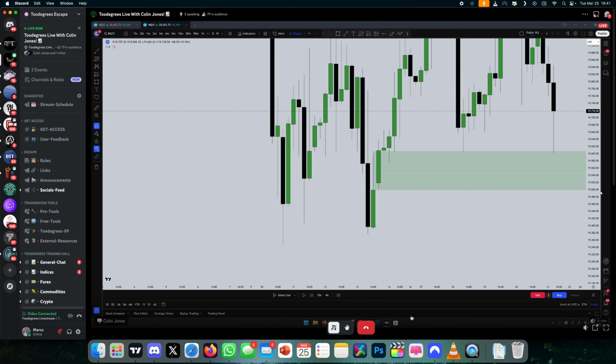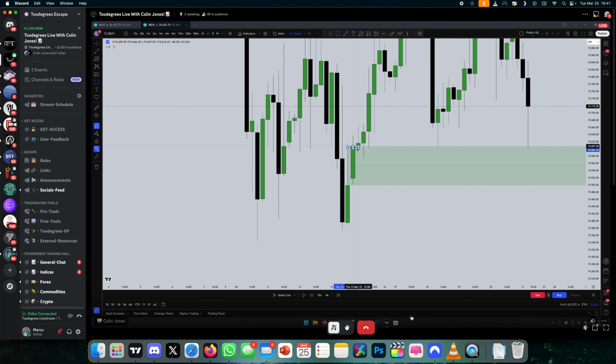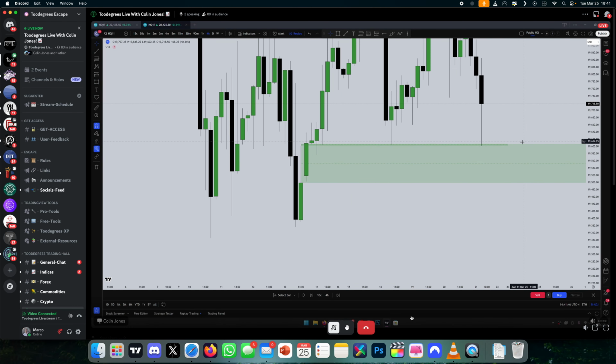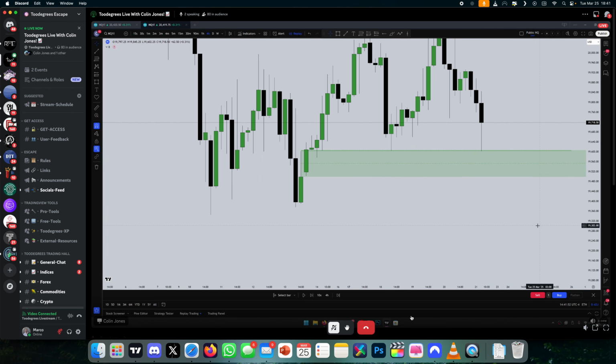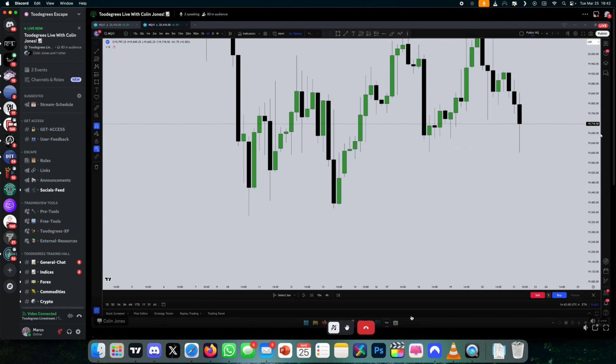Now notice, why am I not drawing just this tiny little gap right here, even though that's the space between the wicks? This is a tricky one. I'll explain it real quick because I didn't cover this. The reason being, if we look right here, you have a volume imbalance